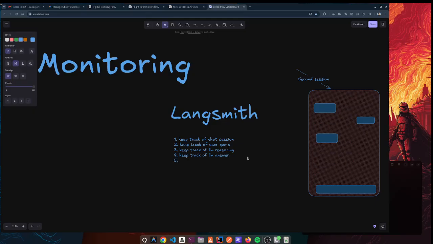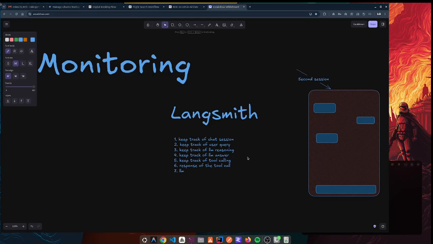Fifth, keep track of tool calling, which tool the LLM called. Then sixth, the response of the tool call, correct? Then seventh,